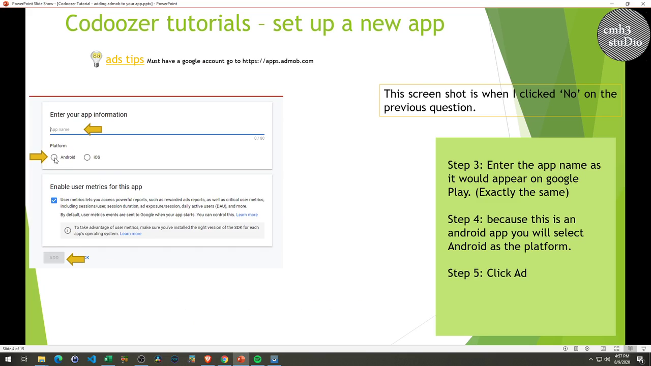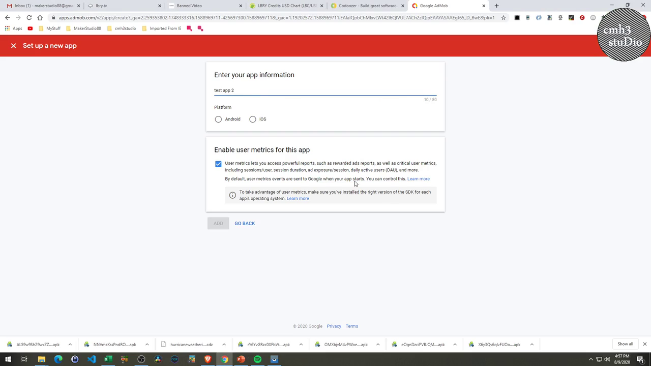Right, so you'll type in the name, and you'll click Android, and then you'll click Add. Enter the app name as it would appear on Google Play. Because this is an Android app, you want to make sure you click Android. If you're doing an iOS app, which codoozer will do later, but not at this particular moment. This is August 9th, 2020. So you just have to click on Android to add the ad. So we'll click on Android, we'll say Add,